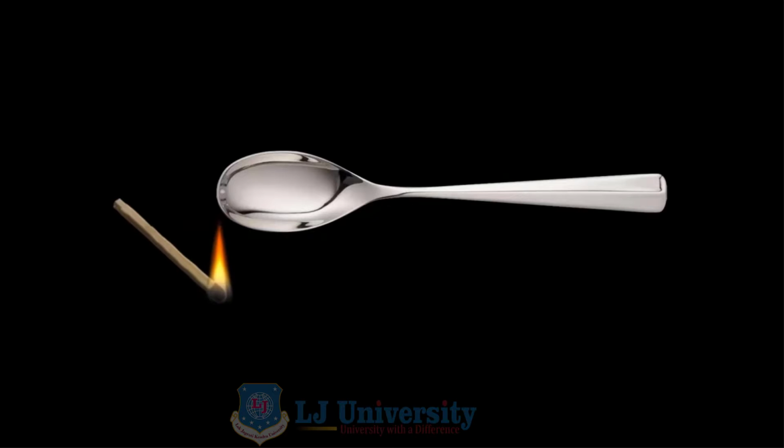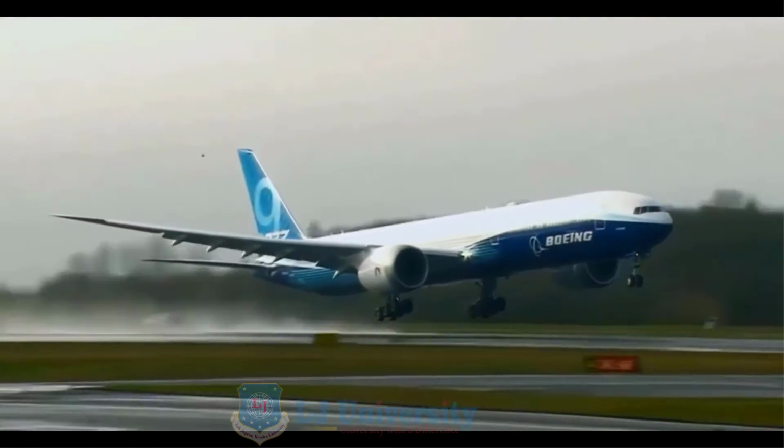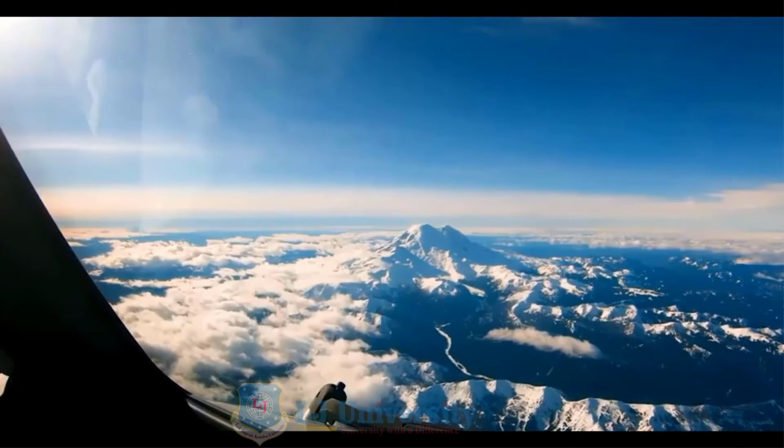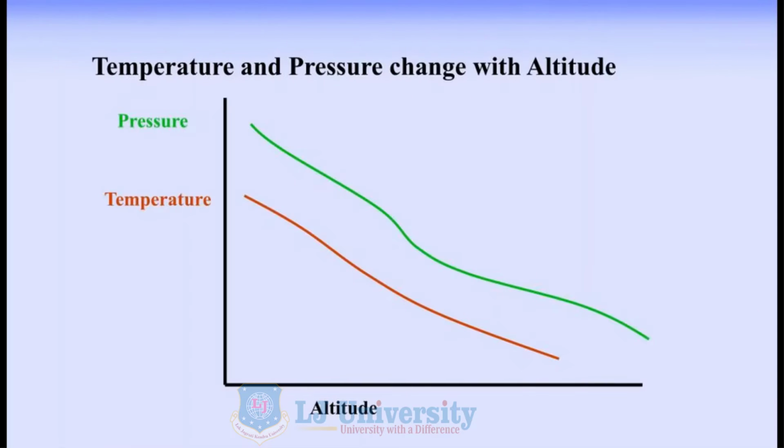Conduction is a way of heat transfer in which heat is transferred through solid materials. There are many examples of conduction. For example, if we are flying in a Boeing 777, it is flying at an altitude of 40,000 feet. At this high altitude, the temperature inside the cabin must be at human comfort level. But the outside air temperature is a staggering -40 or -50 degrees Celsius.